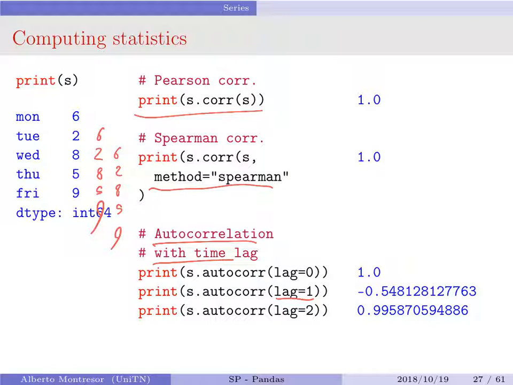So then you can compute correlation, and you get clearly 1.0 when you have lag equal to 0, because you are comparing a series with the same series. So the correlation is clearly 100%. Then if you try to correlate the series with a lag of 1, you get something which is not really correlated. But given how it is organized, if you try to correlate it with the series with a lag of 2, you get a very high value. Okay.